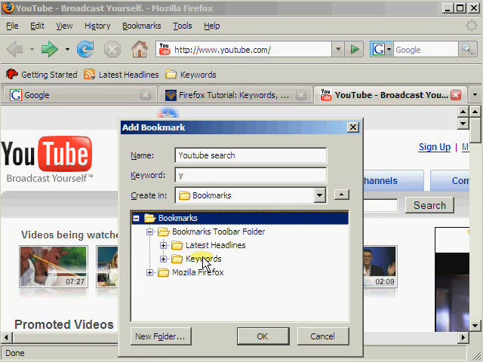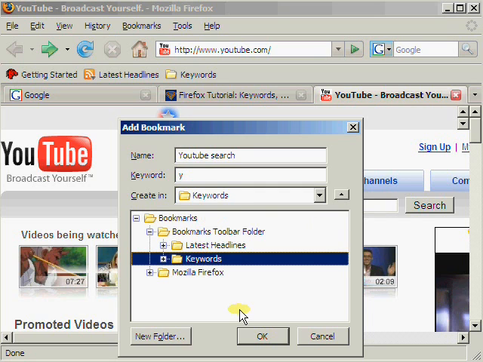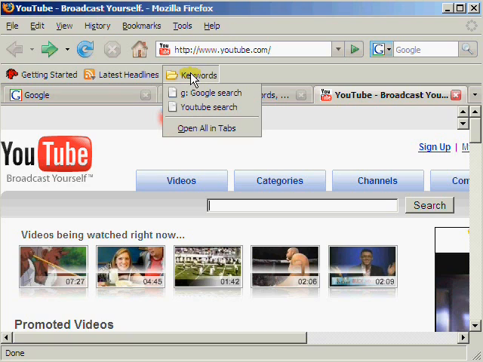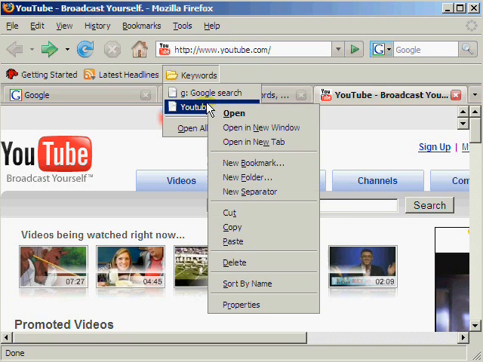I'll toggle open the option to select the folder where I want the keyword to be saved, and I'll save it in the keywords folder. Then I'll go find the keywords folder on the bookmarks toolbar, because that's where I put it, and under YouTube search I will right click on that one. I'll go down and click Properties,